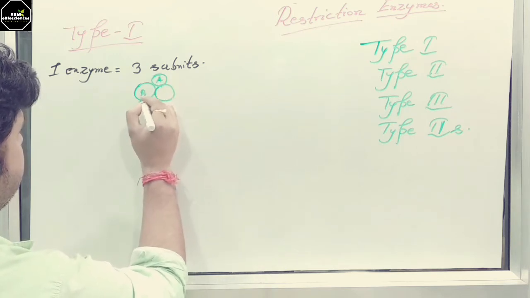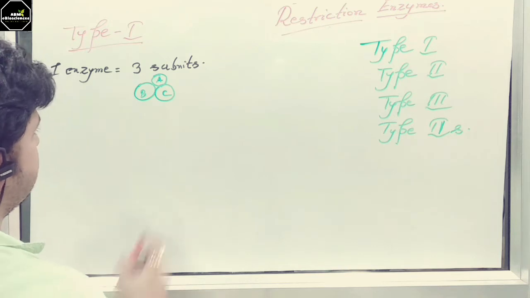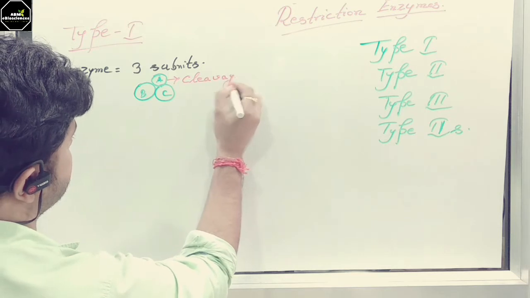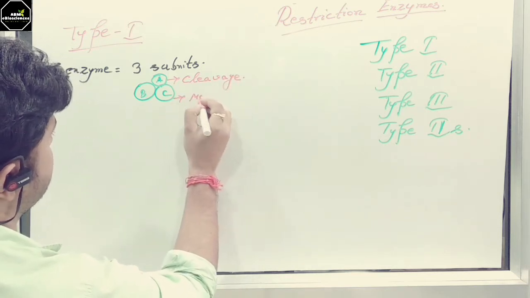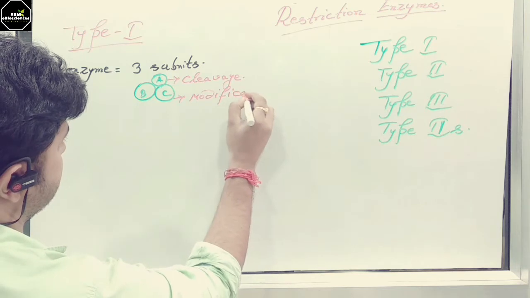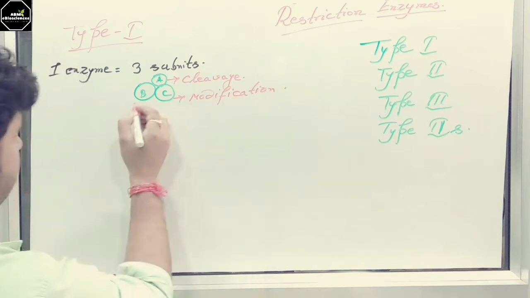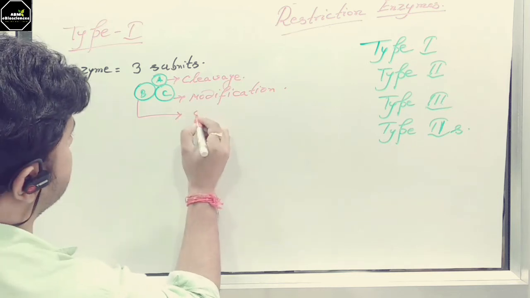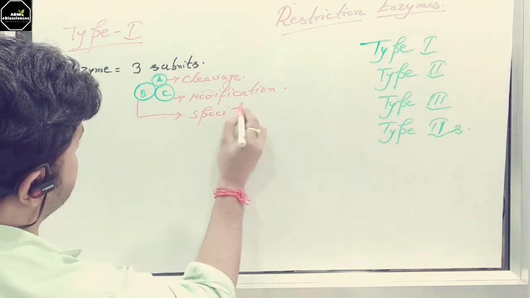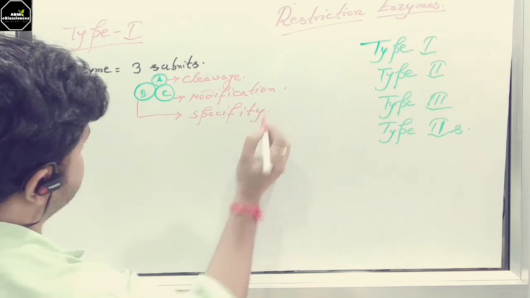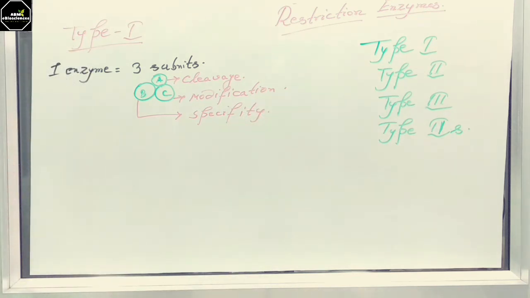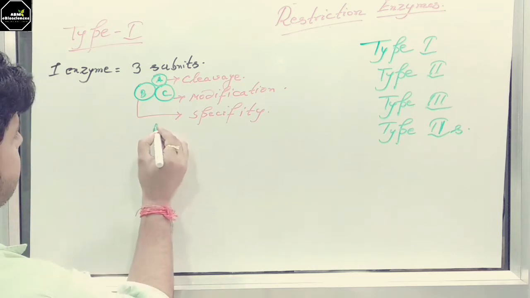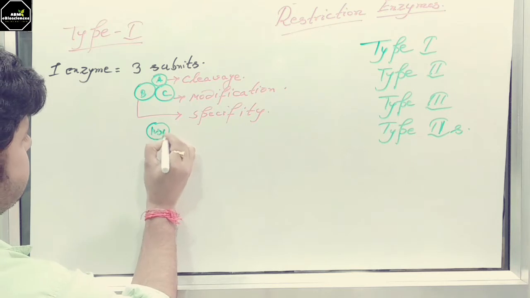Suppose A, B, C. One is for cleavage, one is for modification, and another one is for specificity. So these three subunits make up a single enzyme here, and in real cases, HSD